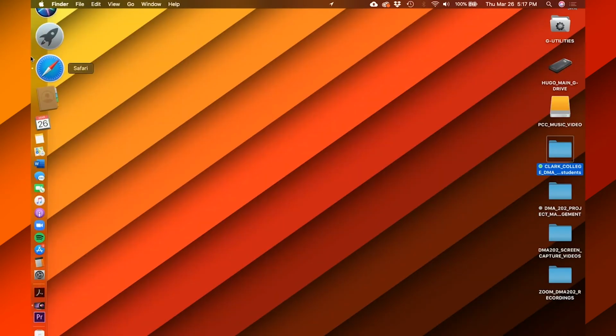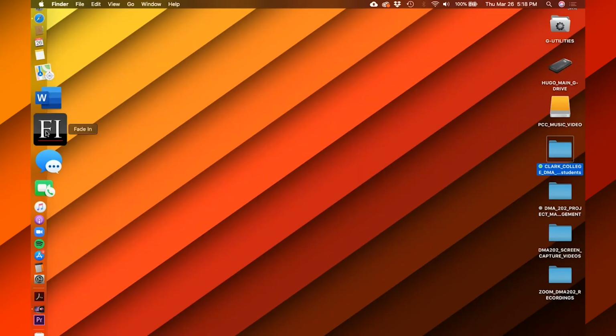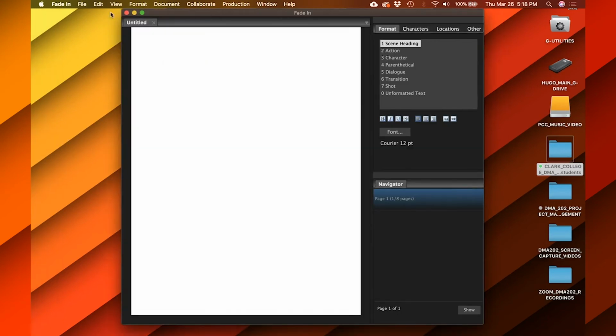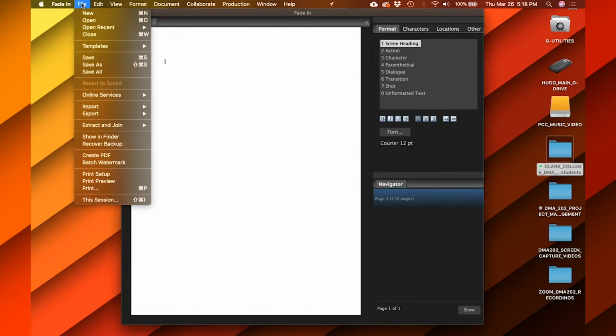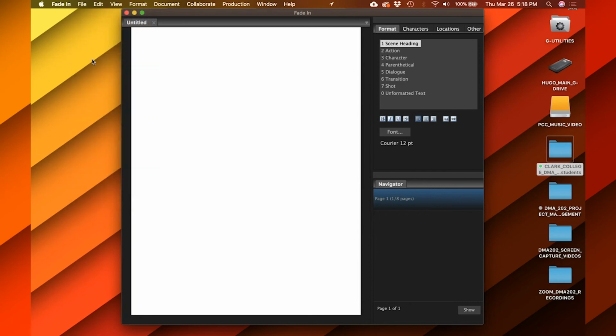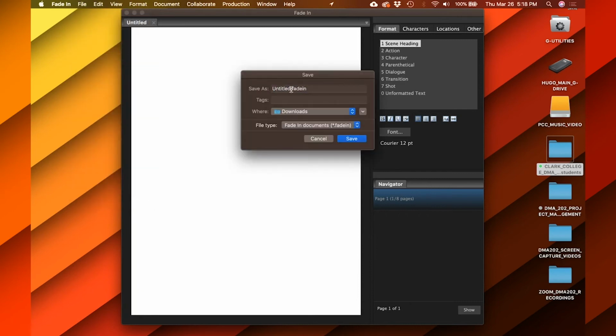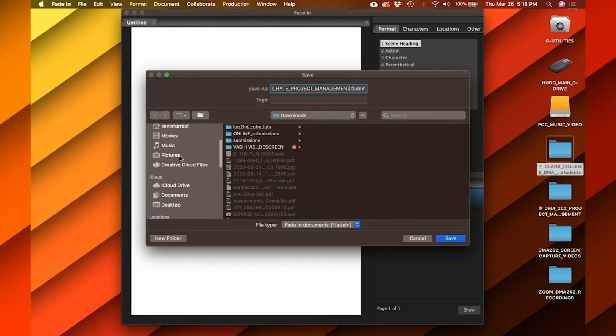What I'm going to do is open up Fade In. What am I going to call this? First I'm going to save this. Save. And we're going to call this I Hate Project Management. Because I'm going to put this in,